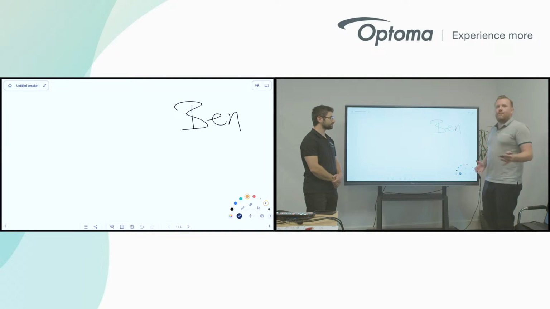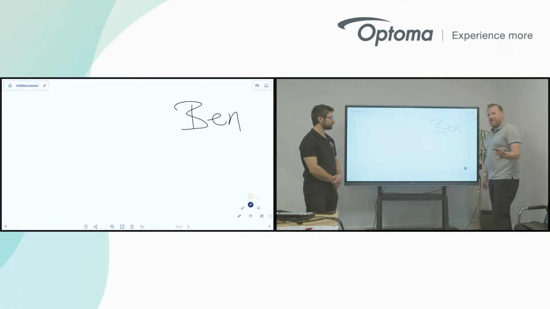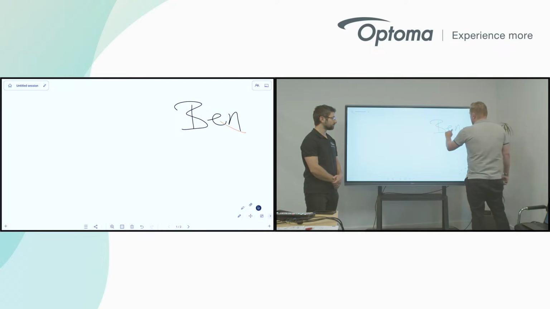If we look at some of the other bits of functionality that we've got here, we've obviously got a pen, we've obviously as well got highlighters you can use. There's some different things around the eraser. If I go to the pointer, this allows you to highlight things. I think one of the things that could be